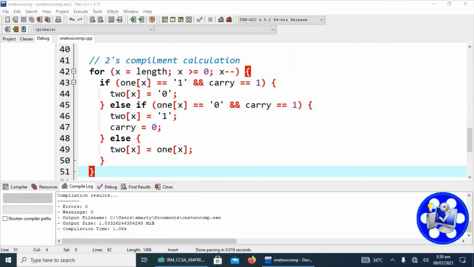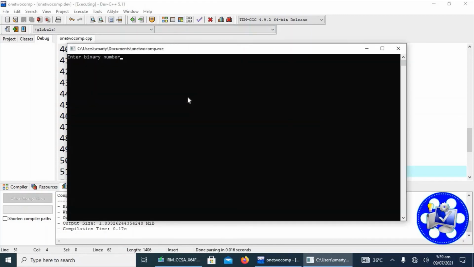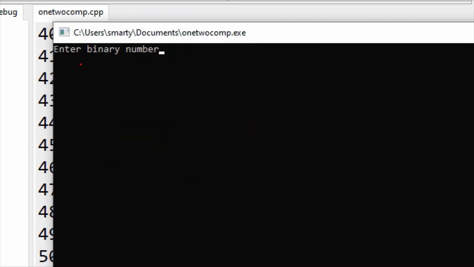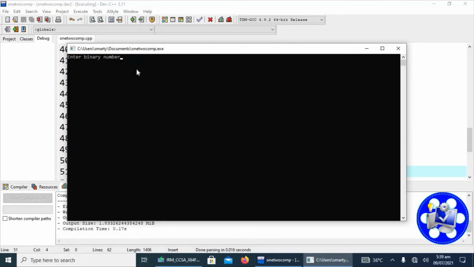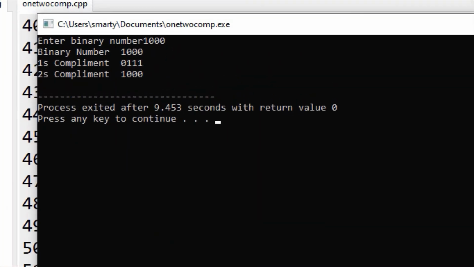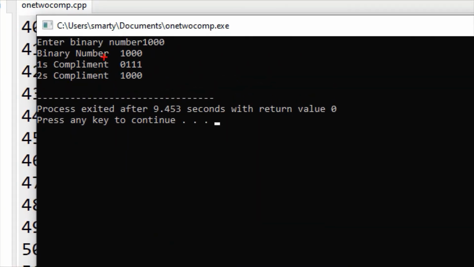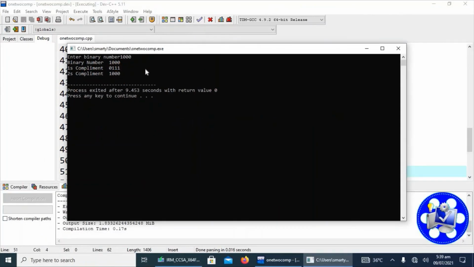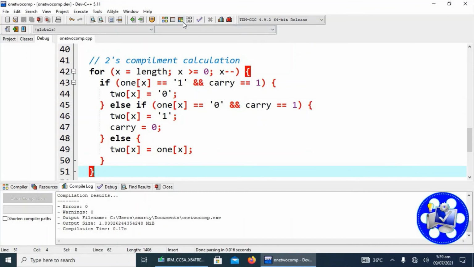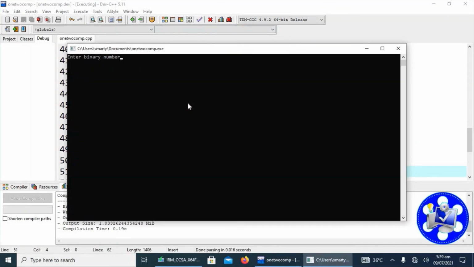So let's start by executing this project. We can see here the program is asking us to input a binary number. We give, let's suppose, 100, and it is successfully executed and shows us the binary number, the ones complement, and the twos complement. Now we execute the same code with input other than a binary number.